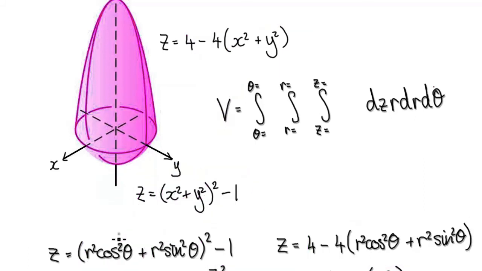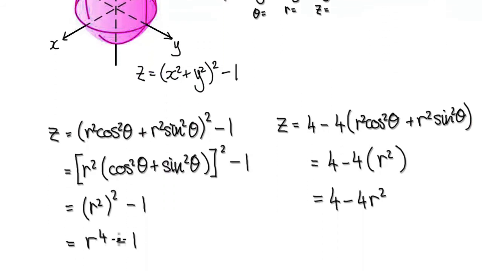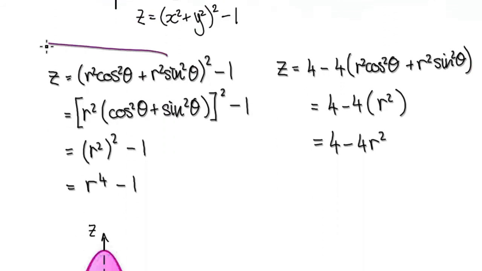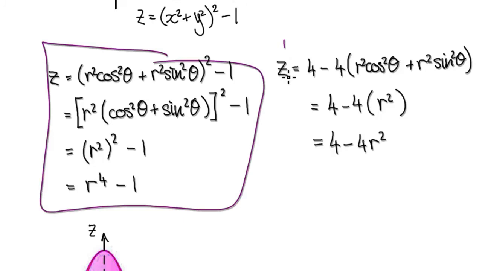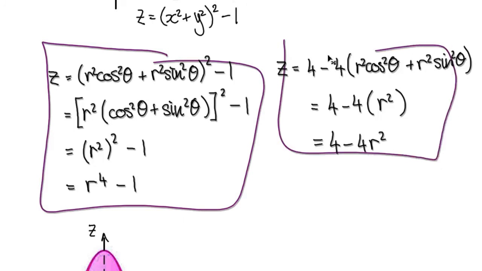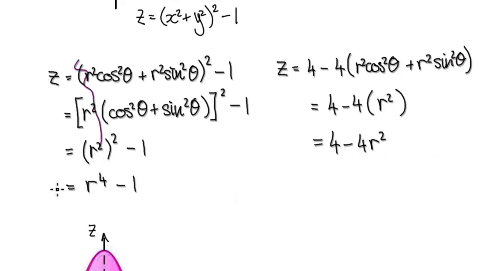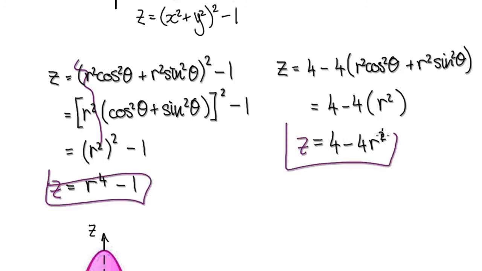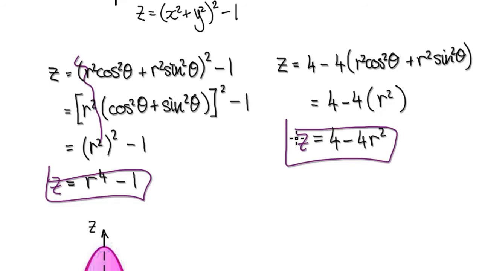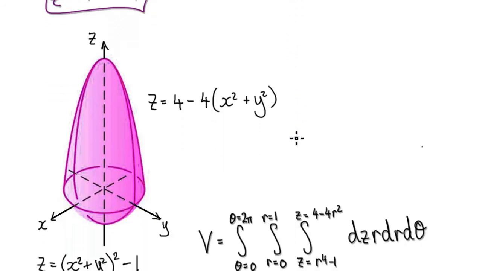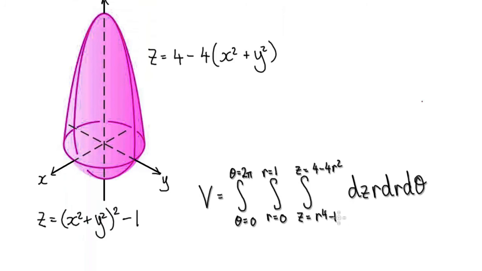So this here is the bottom surface, and this here is the top surface. The bottom surface is given by this, and the top surface is given by this. So going back to our original problem, we need to integrate from the bottom surface to the top surface, and then in terms of r,